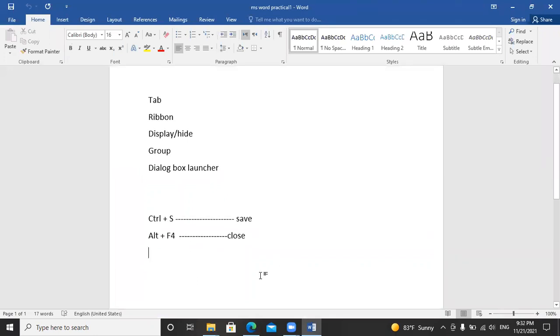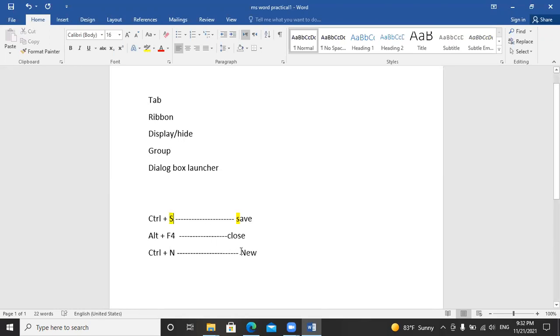So how can I create a new document? By pressing Control and N. You can see also Save: its first letter is S, so by pressing Control S, it will save.